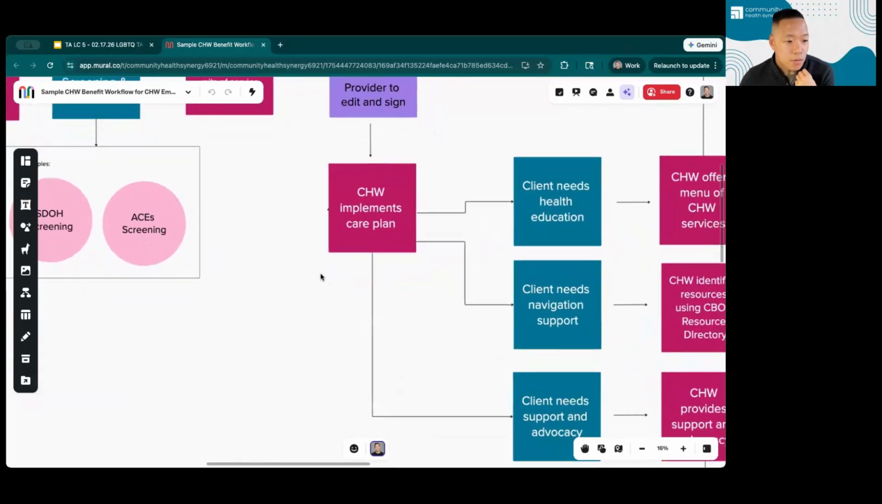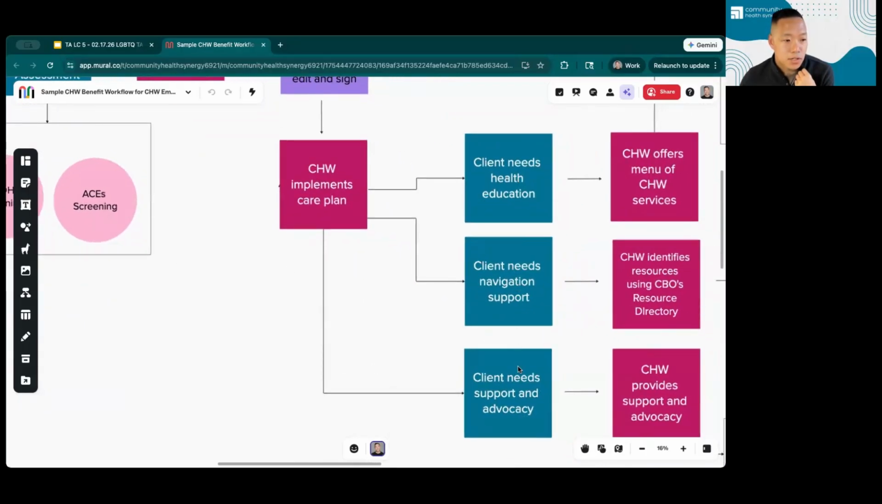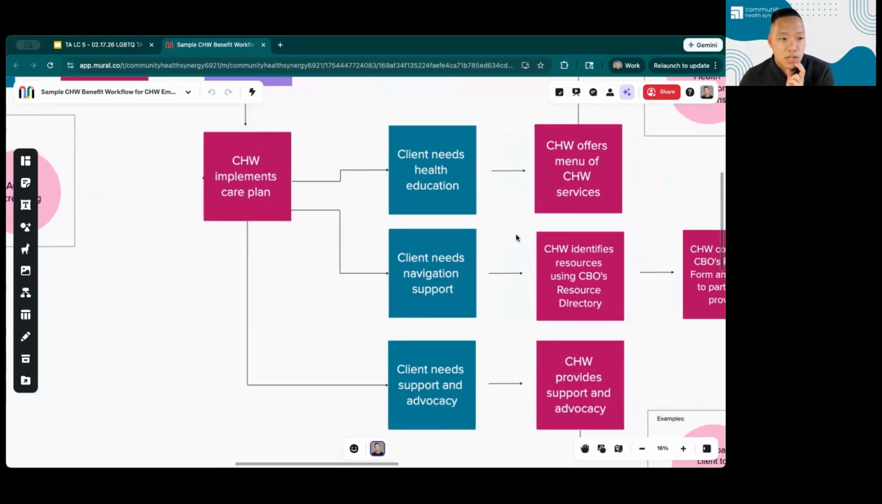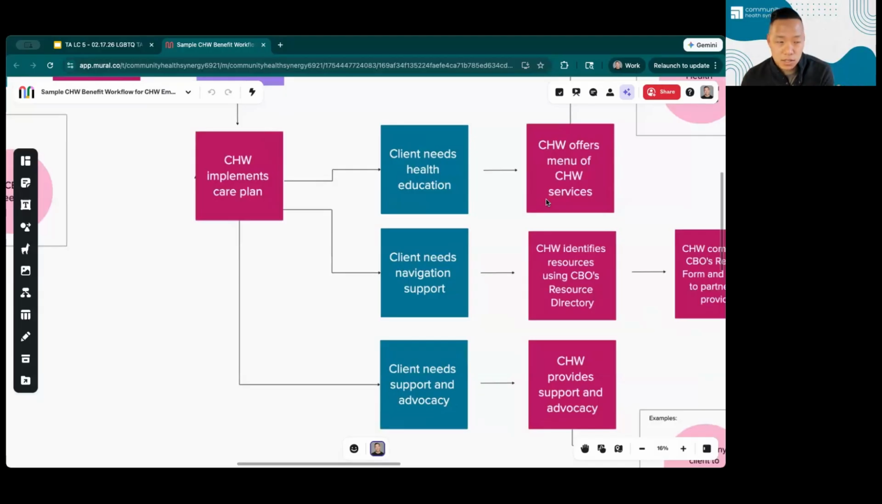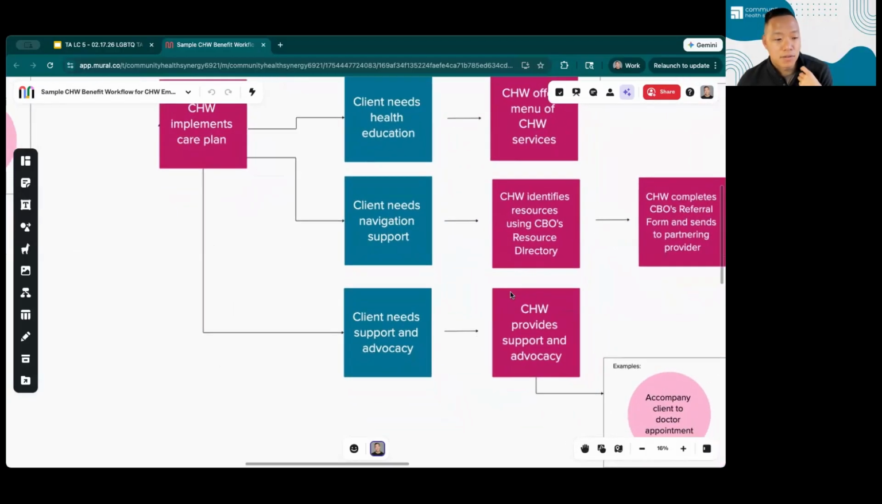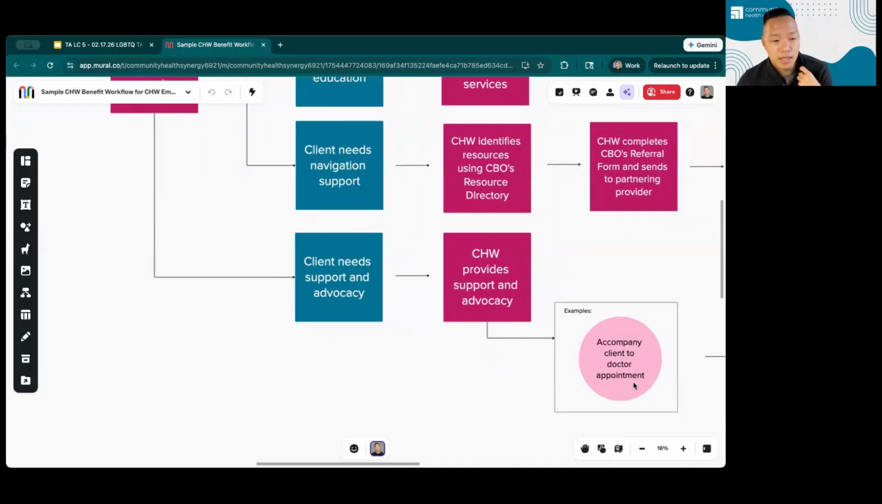And so the care plan, these are the three other billable services right here, right? Health education, navigation, and support and advocacy. So you already got paid for screening and assessment, but now you have the three other buckets. If you're providing health education, the CHW can offer a menu of services related to whatever education is needed. For navigation, for example, it can provide your resource directory for all the partnering organizations out there related to housing, food, or utility support. For support and advocacy, this can come in the form of different things like accompanying the client to a